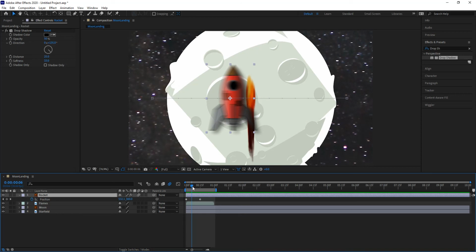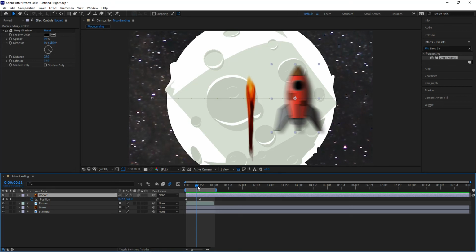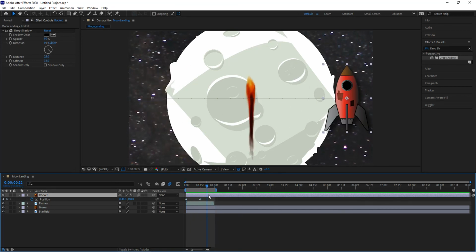So now, what else can you do with a layer? Well, let's say, for example, I want this rocket to only exist for 1 second. Can I trim the layer? And the answer is yes. If you roll over the endpoint of any of your layers, you'll notice that your cursor changes to those two arrows, left and right, which means you can click and drag that point in time. If you press shift as you are dragging and keep it pressed, it will snap to different points. It will snap to the beginning, it will snap to keyframes, or it will